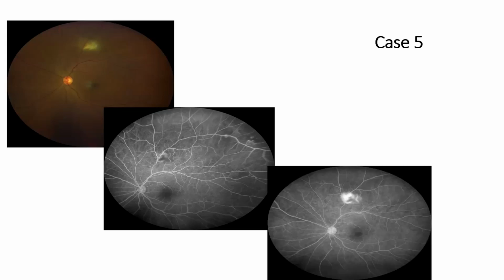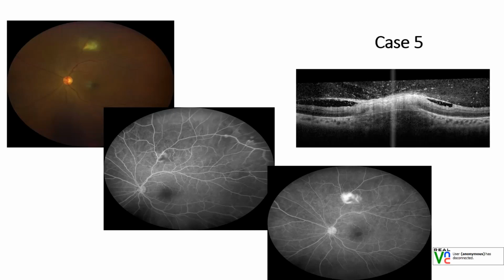But in this patient, an OCT helped us better, where we did an OCT through the lesion, which showed a retinochoroiditis, which was very typical of toxoplasma retinochoroiditis. So we added anti-toxoplasma medications and oral steroids, and the patient really improved after that.